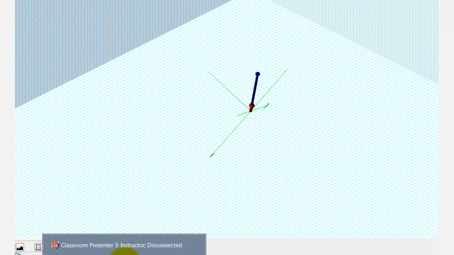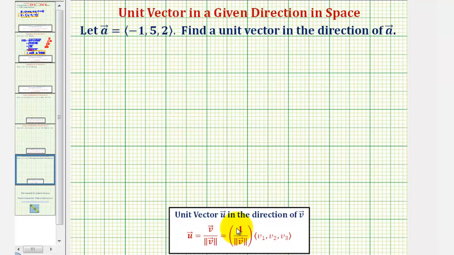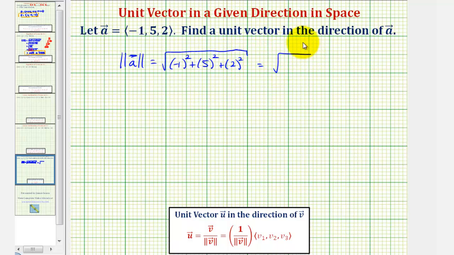So we'll begin by determining the magnitude of vector A. So the magnitude of vector A would be equal to the square root of -1 squared plus 5 squared plus 2 squared, which would give us the square root of 1 plus 25 plus 4, or the square root of 30. The square root of 30 does not simplify, so now we can find the unit vector in the direction of